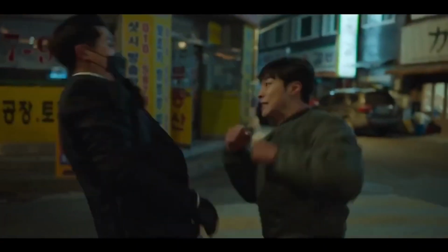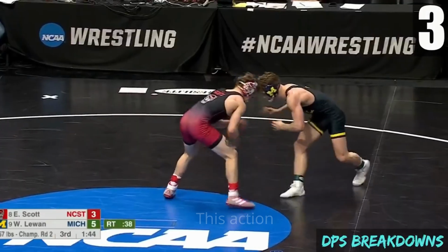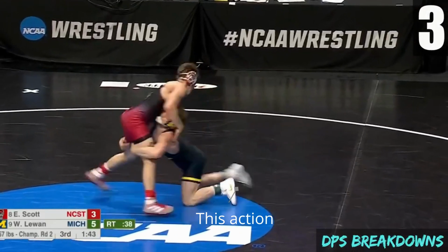Now, the movement I'm talking about in particular is demonstrated when the main protagonist is fighting a group of thugs in the middle of the street, and he gets into a very low boxing stance with his hands up and starts taking full steps forward, but they're so dramatic that they look like penetration steps or what a wrestler would use when he goes to take someone down. So we're gonna take this movement apart and see what changes we have to make in order for it to